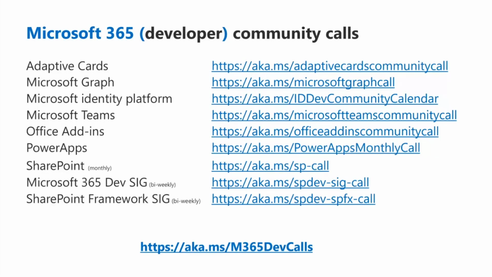So if you're interested in, for example, there's a community call for the Adaptive Cards specific monthly community call, Microsoft Teams specific monthly community call, and all of that. And you can absolutely choose which of these calls you want to join. All of them are getting recorded, and all of them are available from the YouTube channel, typically like 24 hours after the recording.